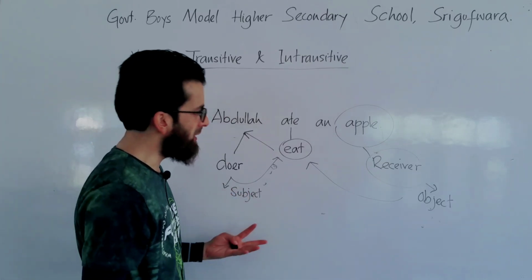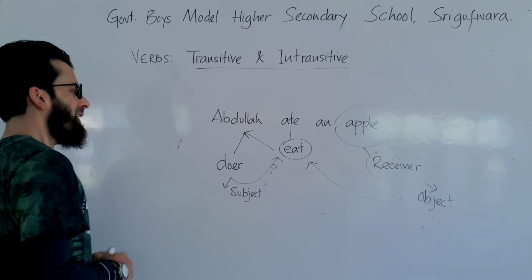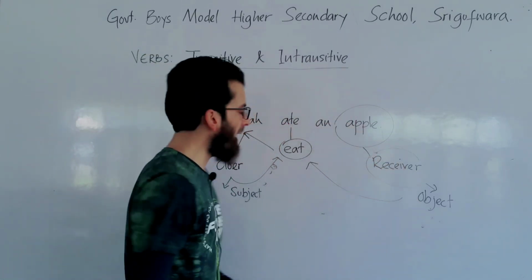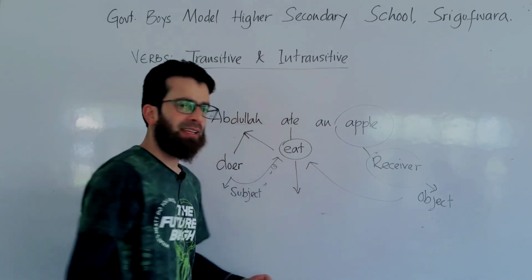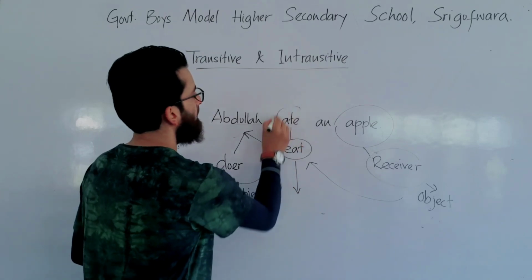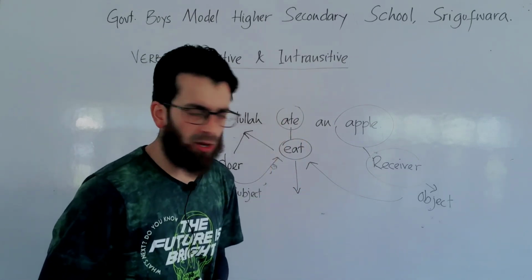Okay, now we have the subject of the verb, we have the object of the verb, and we have the action, that is an act of eating. We have here the past form of eat, ate. Okay, now